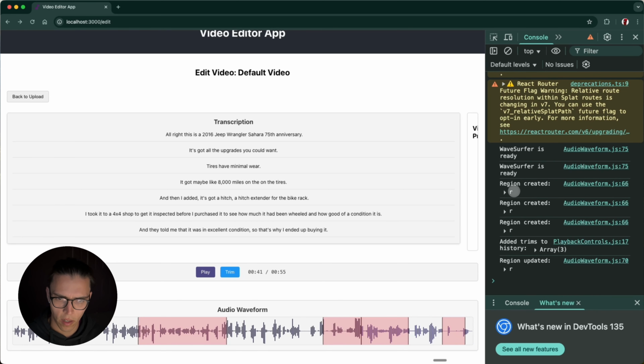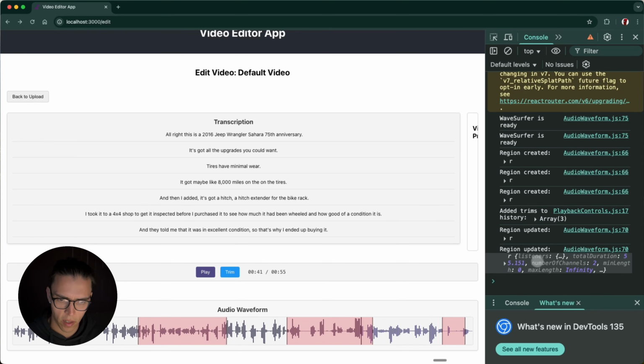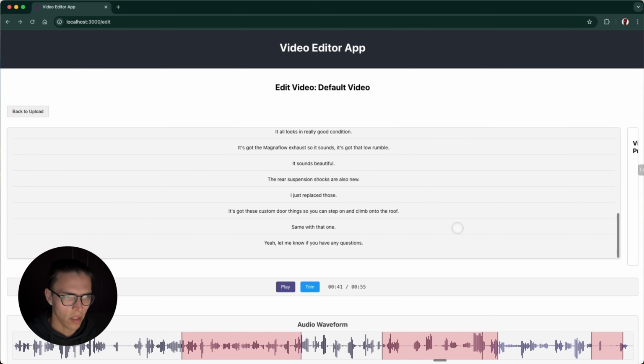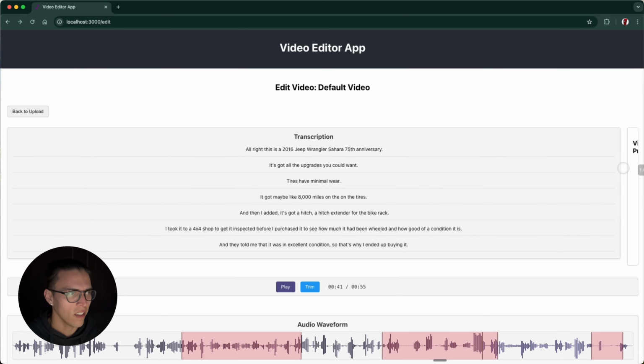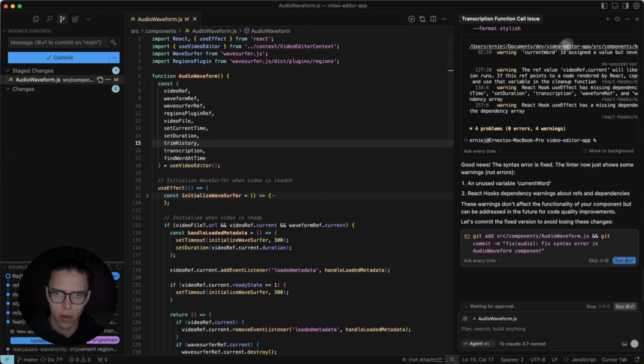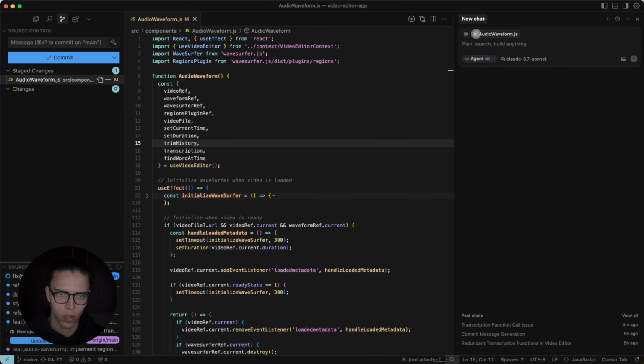It does look like region created, and then updated when I shift it. Yep. Okay, so all that seems to be working like normal. The transcription's there. The view of the video, we should probably fix that next. But first, let's stage the audio waveform, and then now we can prompt Cursor to fix the view on the